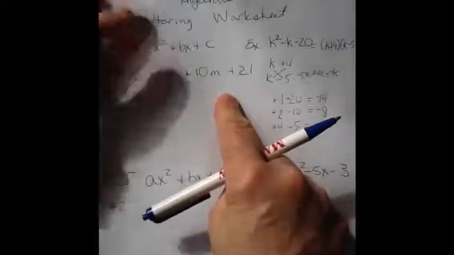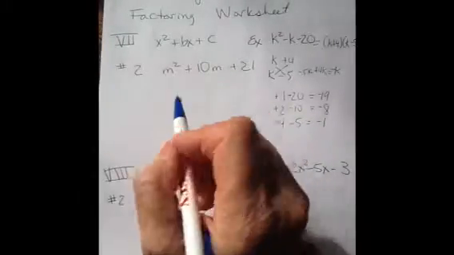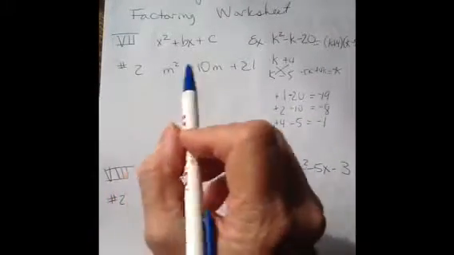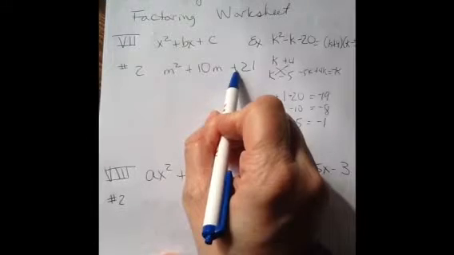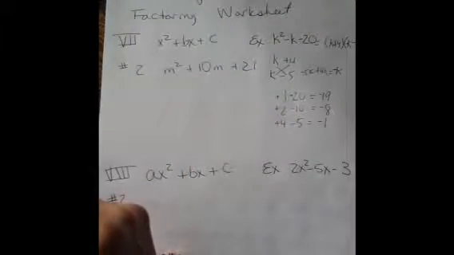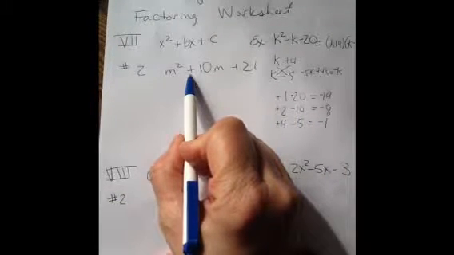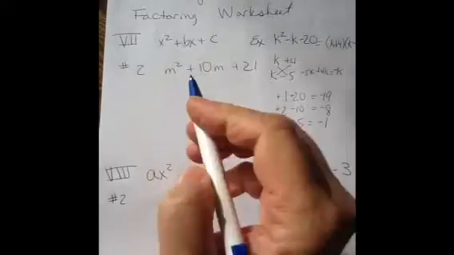And I'm going to do the same thing with this one over here. I need to get factors of 21 that when I add them together, I'm going to get a 10. If this is a plus, that means the factors of this either have to be both negative or both positive. If they were both negative, this would not be a positive. So I'm going to check them for